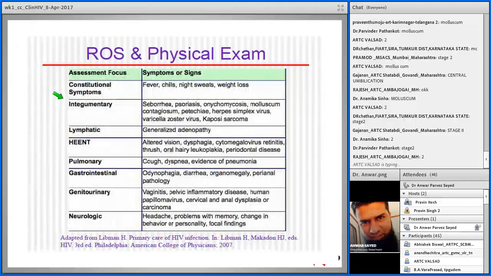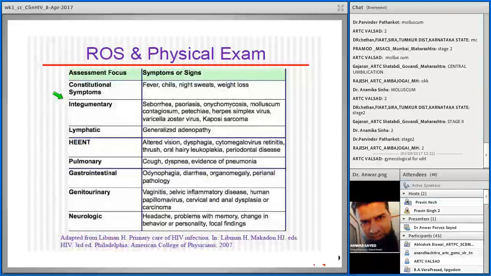Asymptomatic, then instead of writing WHO clinical stage 1, you will always write T1, or T2 if a person develops any stage 2 conditions. Please remember that T is used for those patients who are on treatment.